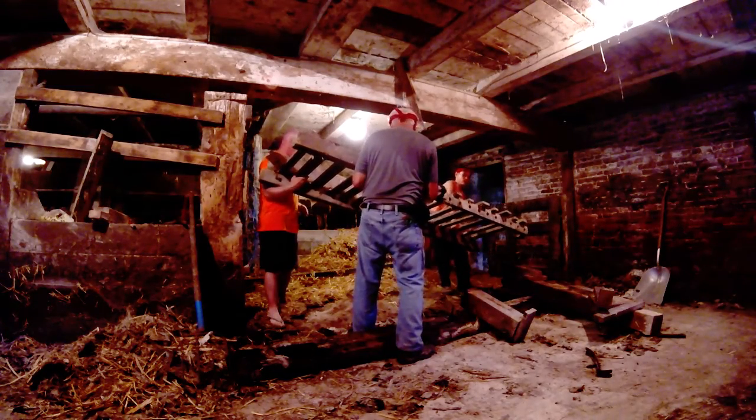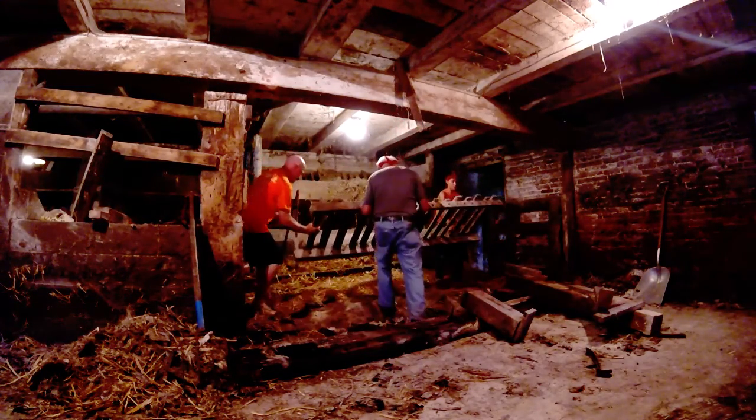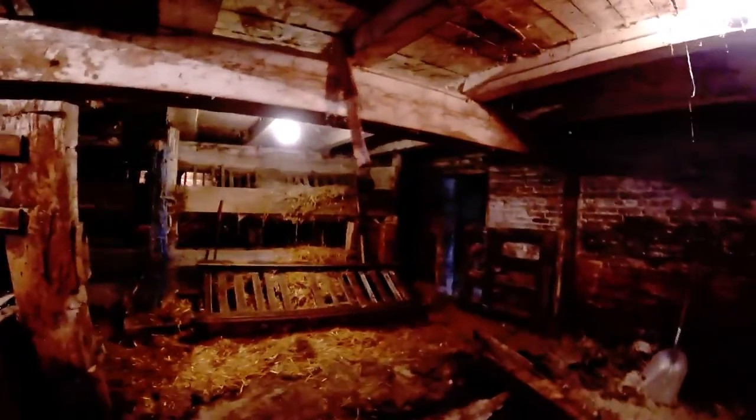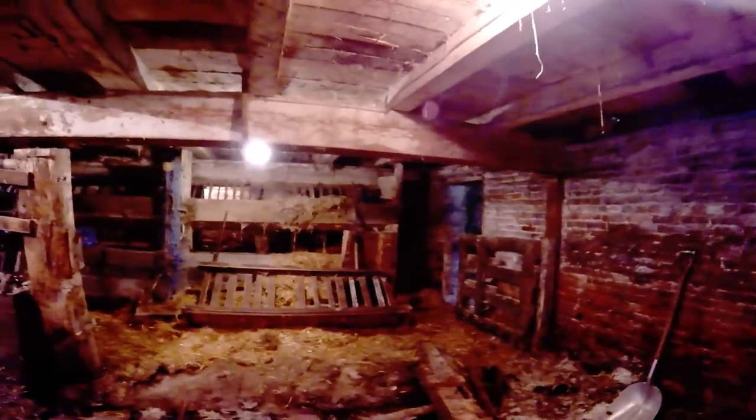We don't know what we're going to do with it, because it's an old beam, and some of it's rotten. So we did get that hay rack down, and it was kind of cool to just see the entire room open up. Obviously, we can't have steers in it now because they'll get out, but so that's how that looks. So if we just go outside,